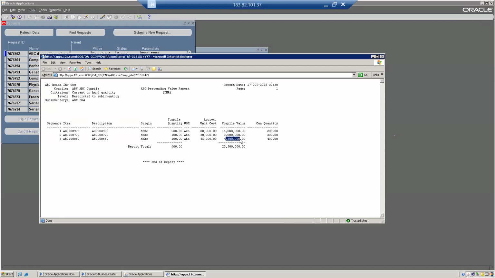Basically, this has to come. So this is cumulative quantity. When I say cumulative quantity, it will keep on accumulating for 200, 300, and 400. This is okay. It's fine. But why this